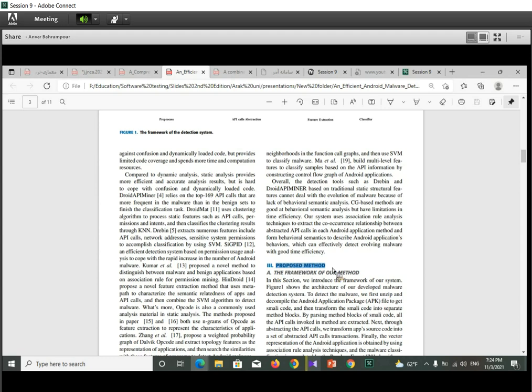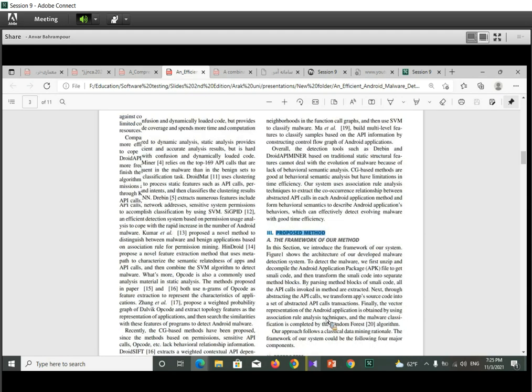So this is one of the main sections of each research paper, and the most important section of each research paper that could explain enough about the proposed method.